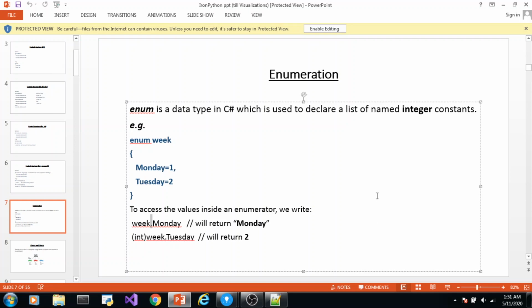You will not be required to create enumerators in IronPython. There are some properties or methods which will take values as enumerators, which will require you to access properties which are enumerators themselves. In that case you will get perplexed as to why this value has been accessed in this manner. For example, there is a property called docking placement of filter panels.